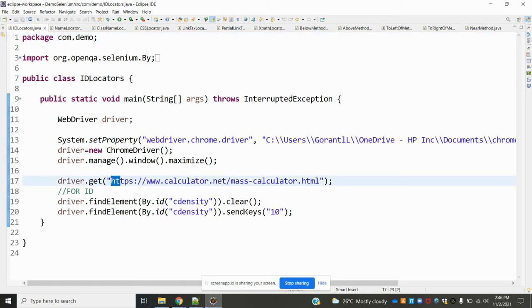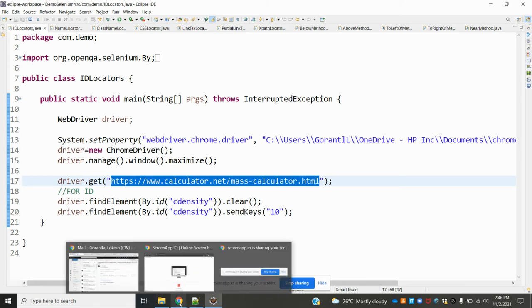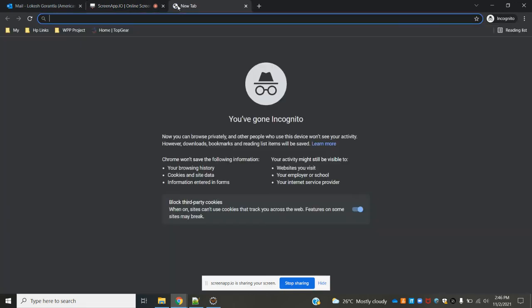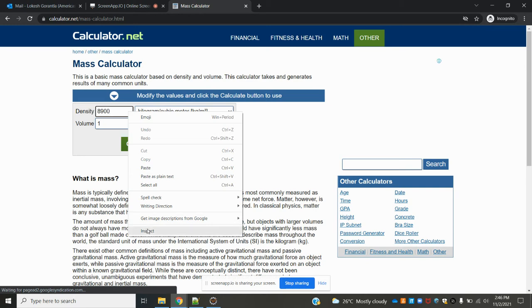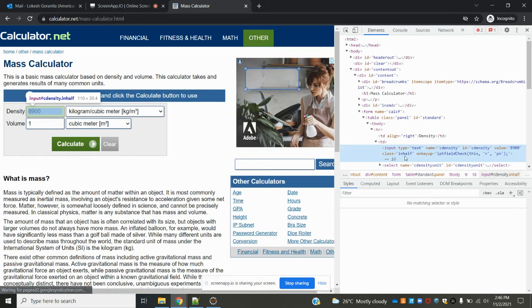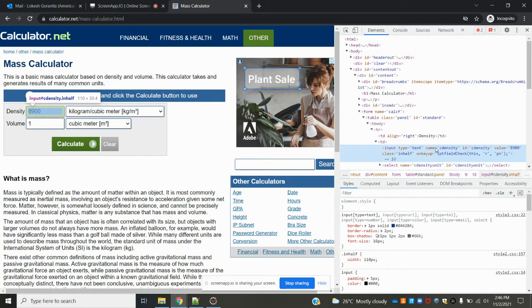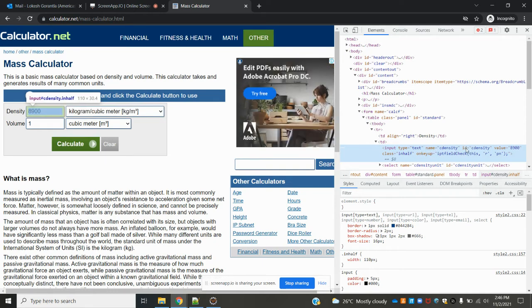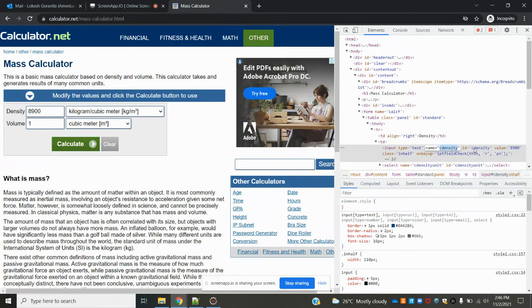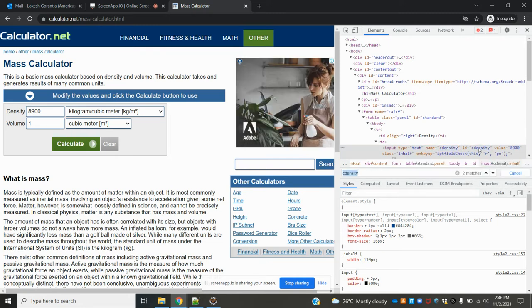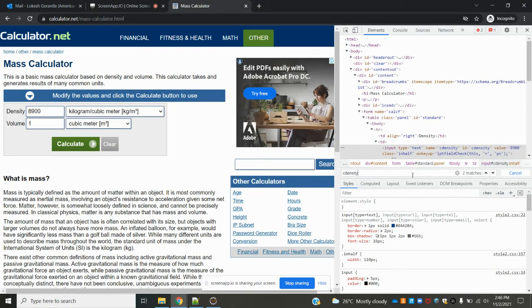First, ID. This is the URL I used for sample purposes, and here we are going to check one by one. I'm inspecting this element. This is an input having name and ID values, and class locators are also present. First we are going to see ID. If you use Ctrl+F, it gives two matching things; if you find one, it will work.